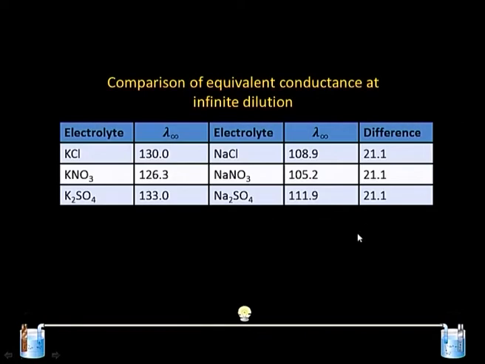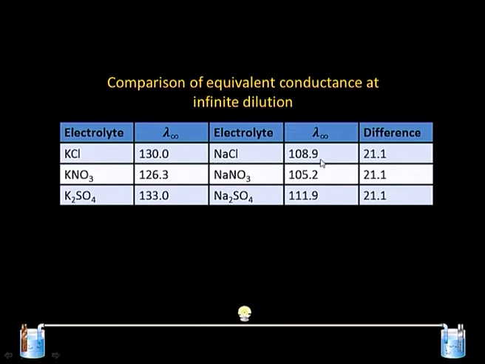As we are able to see that the ions are mobile, they depend upon their size. A number of experiments were performed, one of these by Kohlrausch. He did a number of experiments on different electrolytes and tried to study their behavior at infinite dilution. One observation I would like to highlight: if I have KCl and NaCl, lambda infinity represents the equivalent conductance at infinite dilution, or at zero concentration. So, these values are measurable.